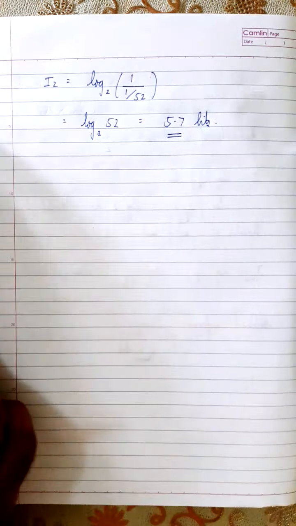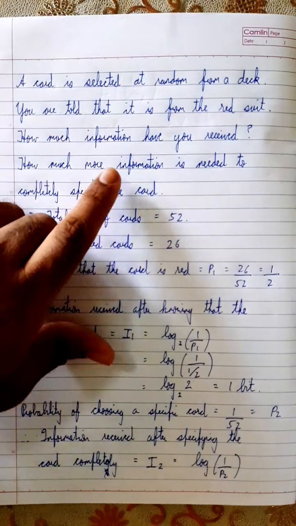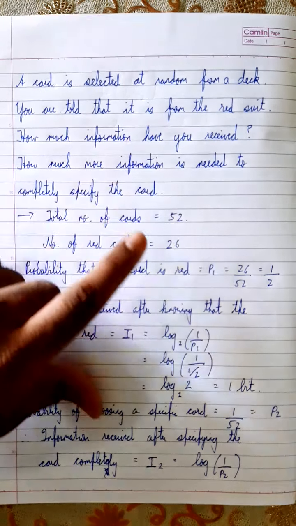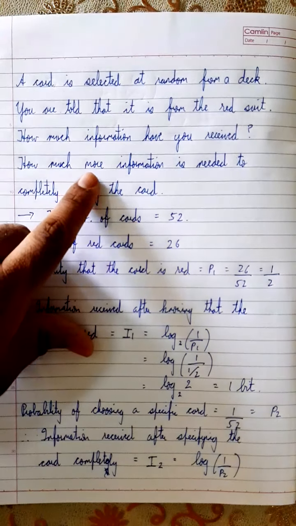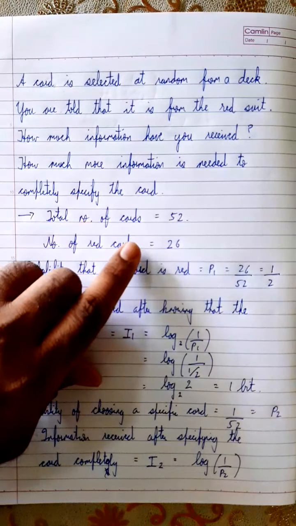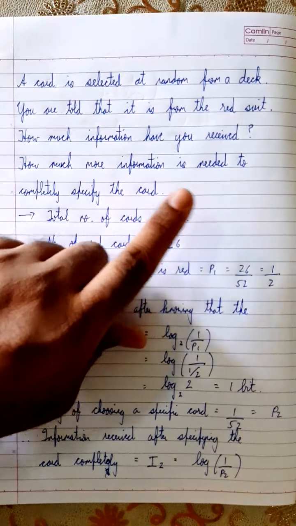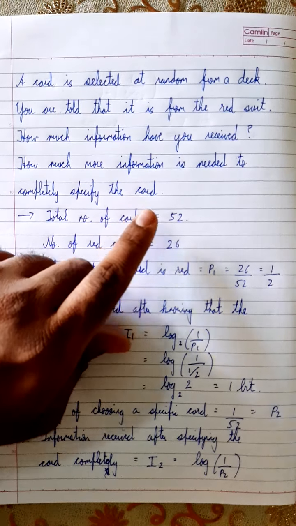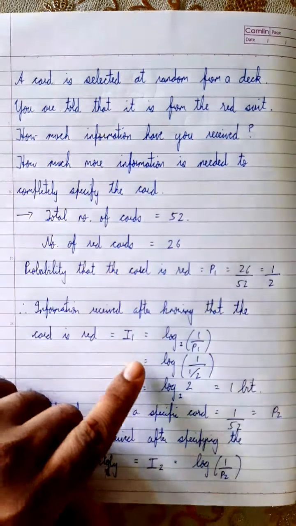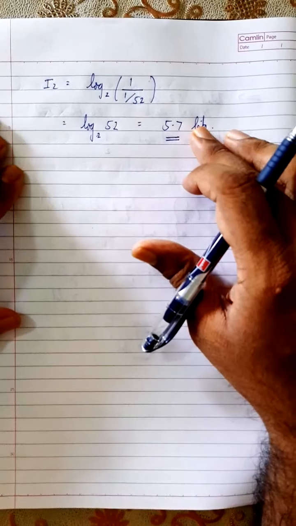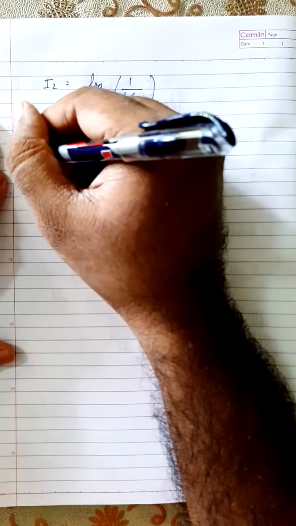Now read the question. First they asked us to find the information received after knowing that the card is red. Now they ask how much more information is needed to completely specify the card. That means how much information is now required to specify the card after knowing that the card is red. In other words, they are asking us to find the extra information. Therefore additional information required is